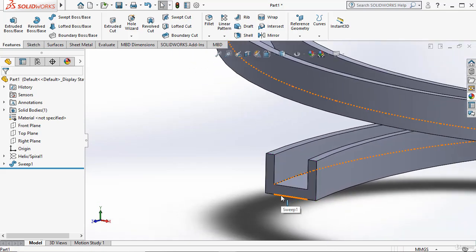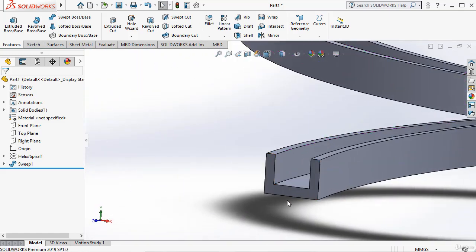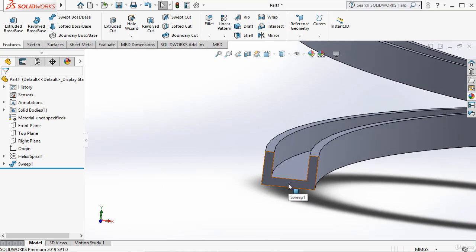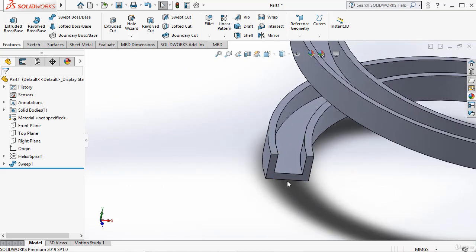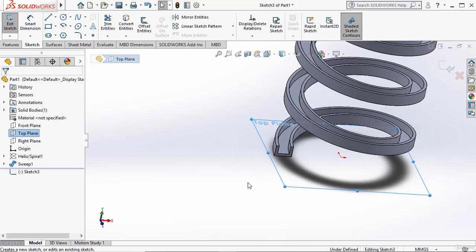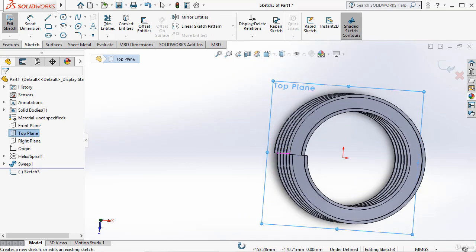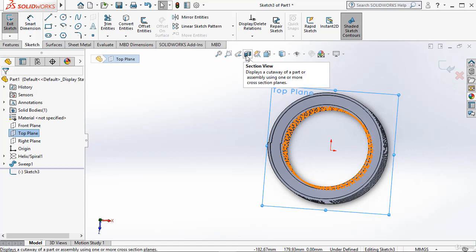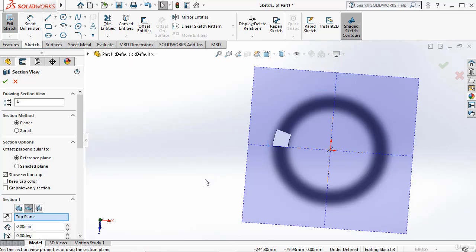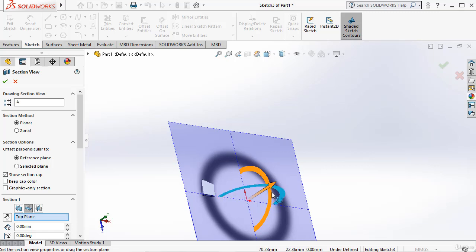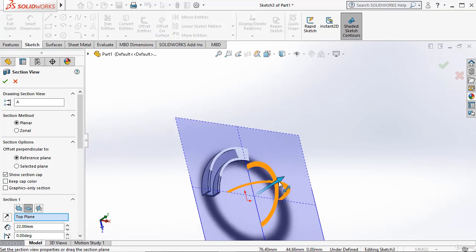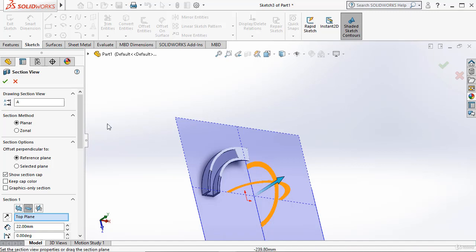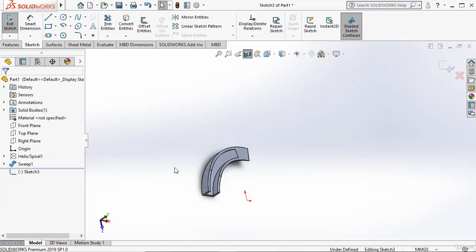and now we can either add, yeah, it is on the front plane, or it is also on the top plane. So let's take the top plane. Now you can see that you can't do your drawing from the top, neither from the bottom, so you can go for the section view, and now make it a bit upward so you can fully see what is happening here,